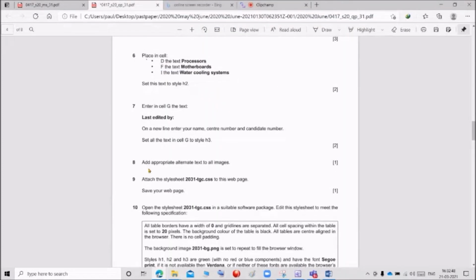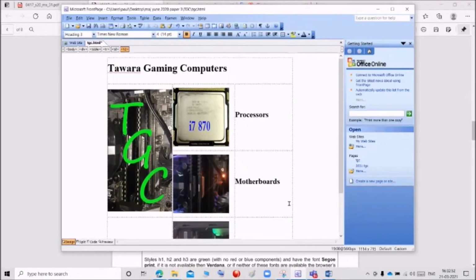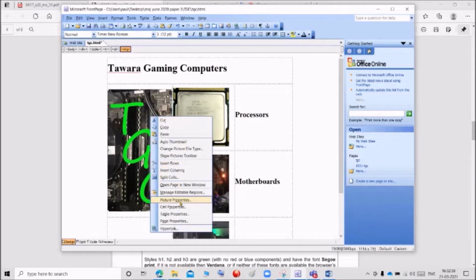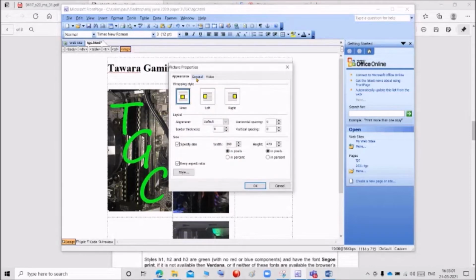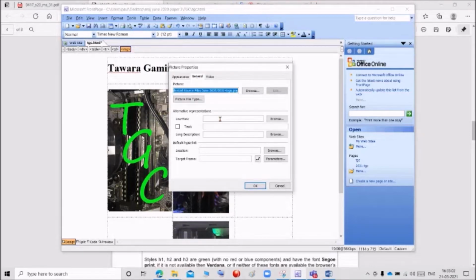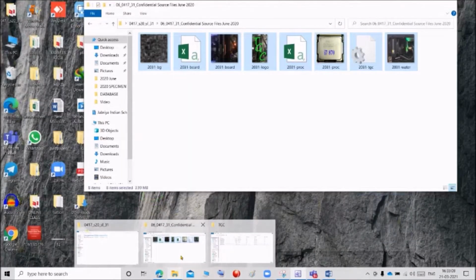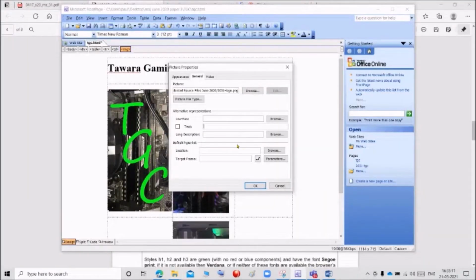So we finished this. Add appropriate alternate text to all images. For all the images, we want to add the appropriate text. So first go to this image, right click, go to picture properties, click general, and give an appropriate name. Like we can give logo.